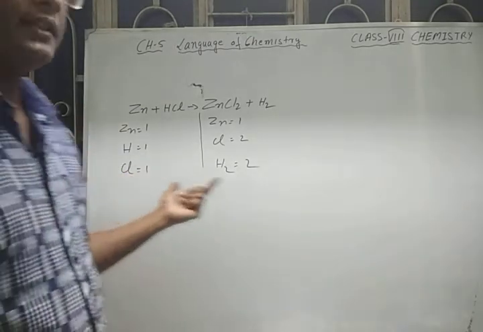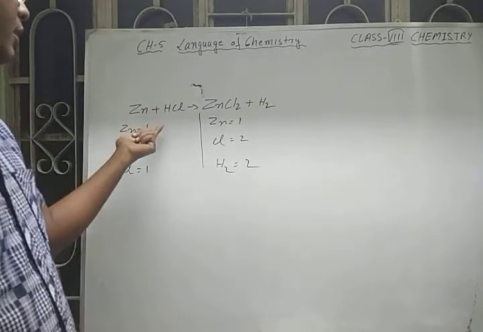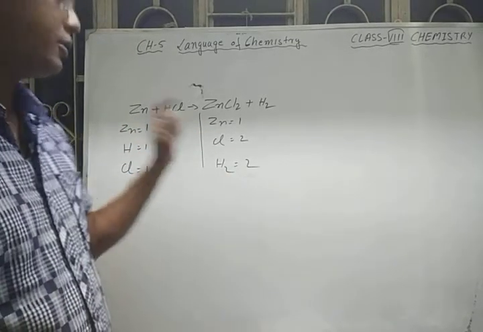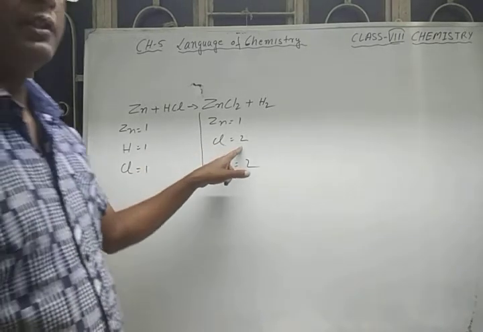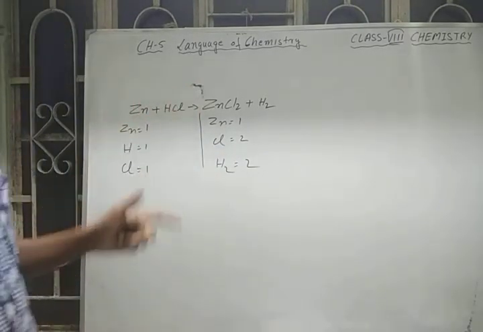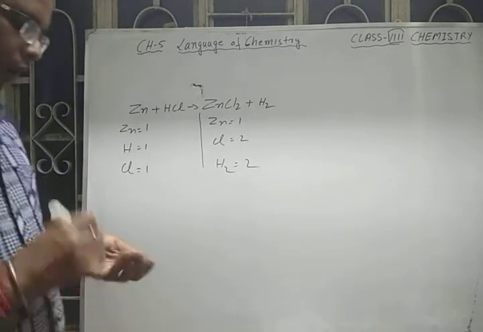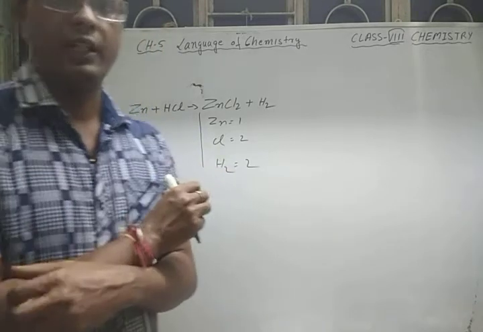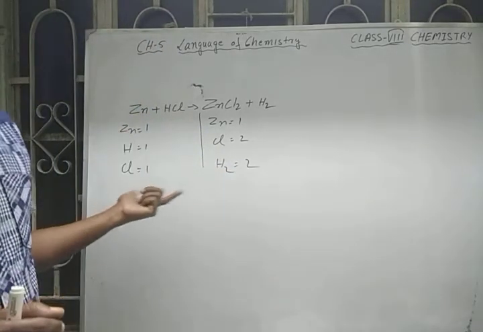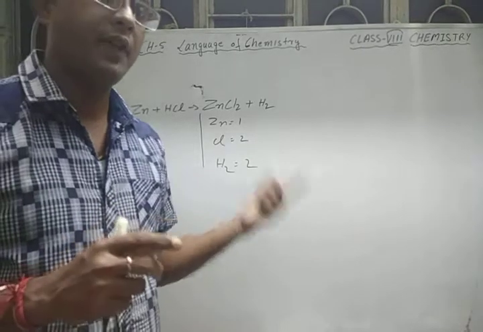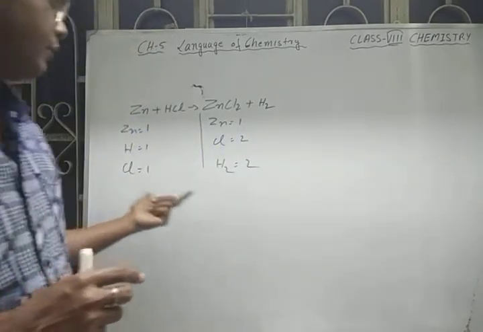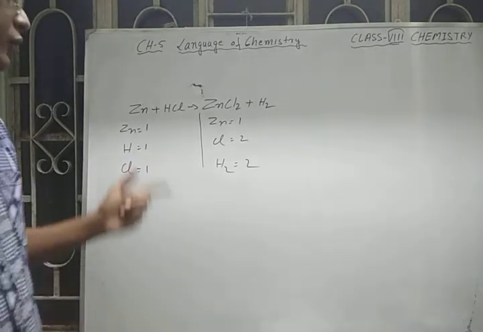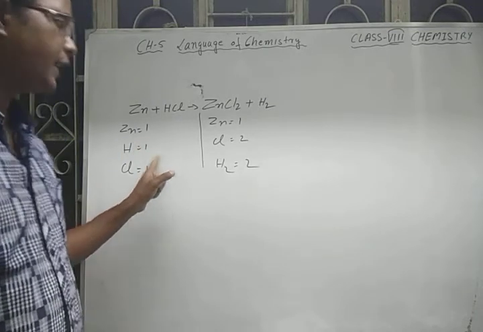The first step of balancing a chemical equation: here we can see zinc is the same, 1 atom. Here hydrogen is 1, but here hydrogen is 2. Here chlorine is 1, here chlorine is 2. So from where do you start balancing a chemical equation? It is always suggested to start balancing with the lower elements. Out of these 3 elements, we have to see which element comes first according to the serial order. If we follow serial order, hydrogen comes first, having atomic number 1. So we will start balancing the atoms of hydrogen first.